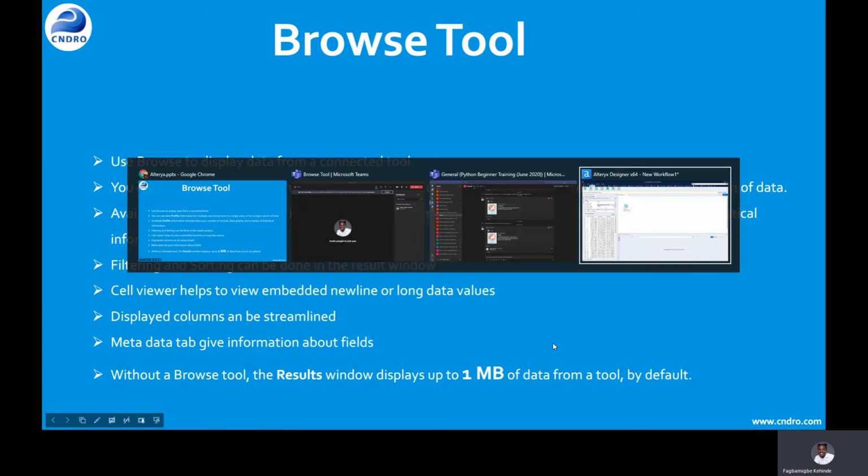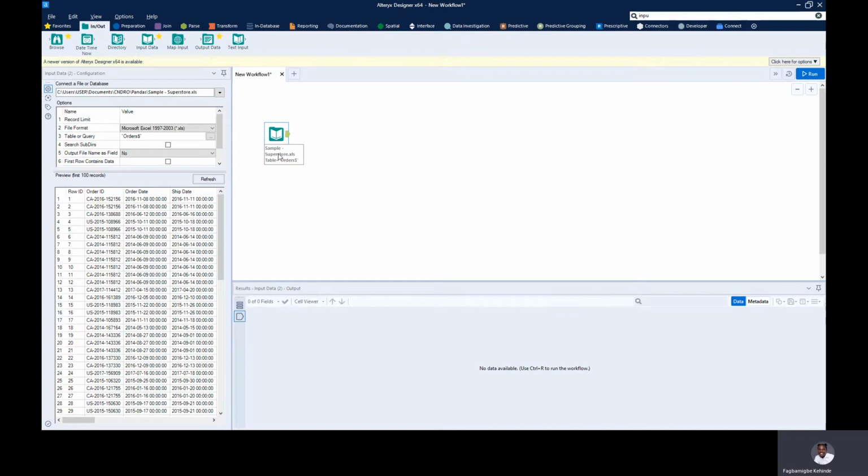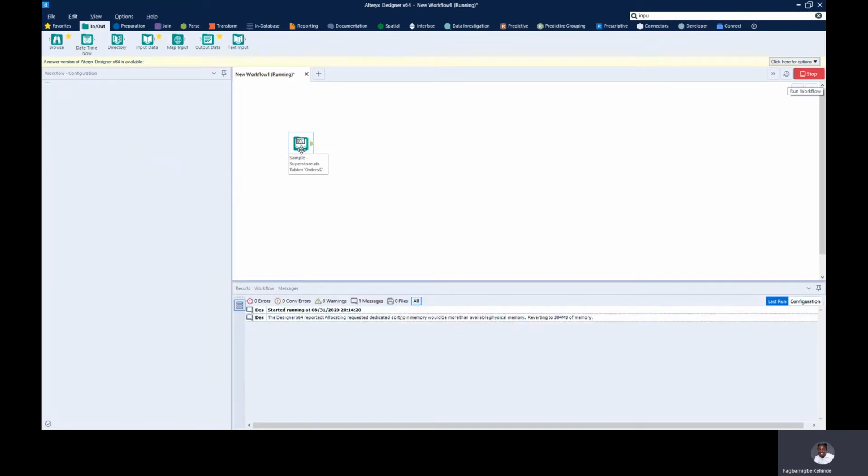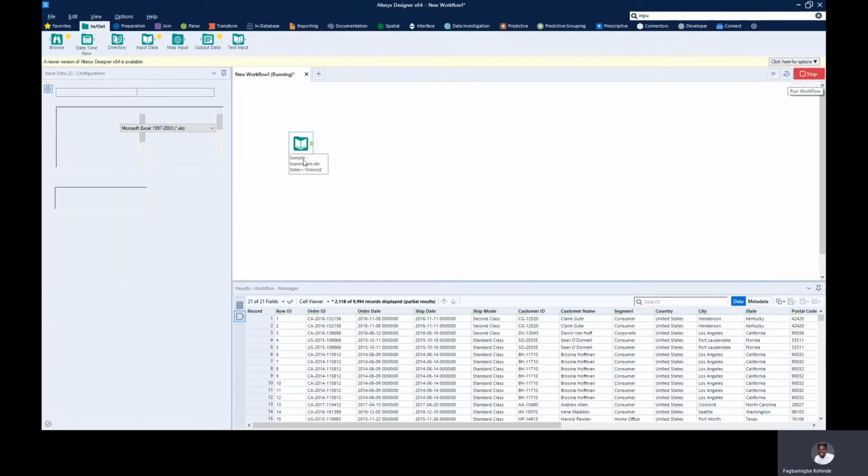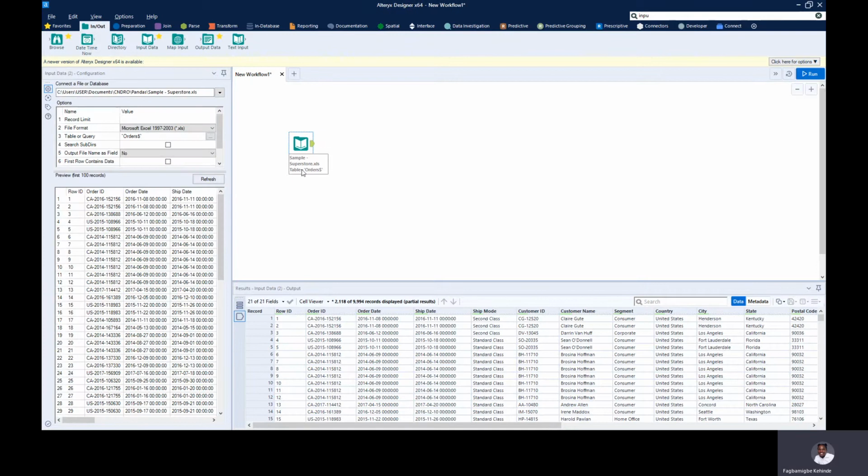Right, so let's move to Alteryx Designer, and in here I have my input data tool, trying to read in the sample superstore Excel files. If you want to know how to use the input data tool, you can always check my video on the input data tool. Today we'll be looking at the browse tool, and if I run this input data tool,